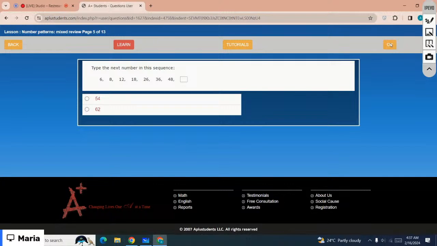Type the next number in the sequence. So which is the next one? The next one in the sequence is, you have to add 14 to 48, right? And 48 plus 14 is